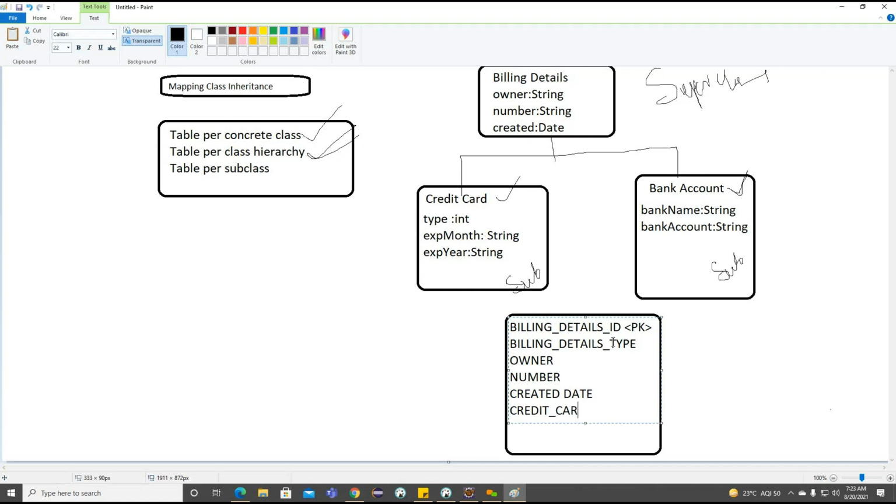And now credit card type, and credit card month, expiry. So if you observe, we have only provided the credit card. In the same way we can work on the bank details. Now we will see.